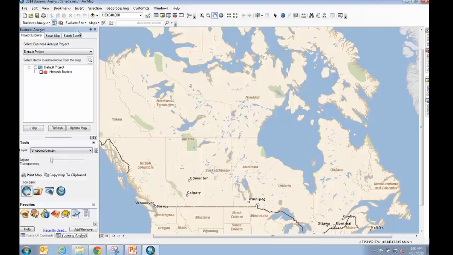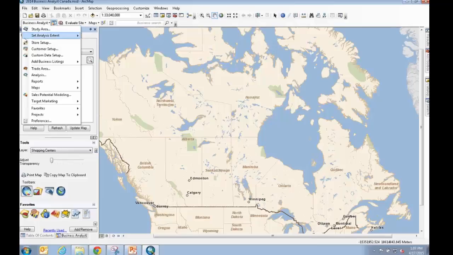That's here, and from that, I can set my projects. I even have a list of all the popular tools or favorite tools that are available within it. Beyond that is the Business Analyst toolbar, and that's up here. And this is where, through a Business Analyst menu, I can actually set my study area, even set an analysis extent, and as I'll show you in later slides, add my restaurant data, customer data, business listings, trade areas, and